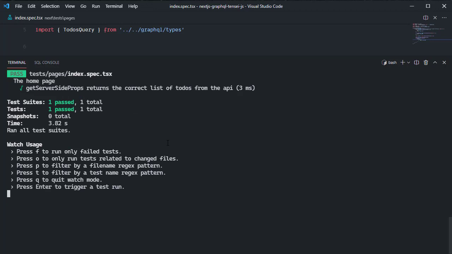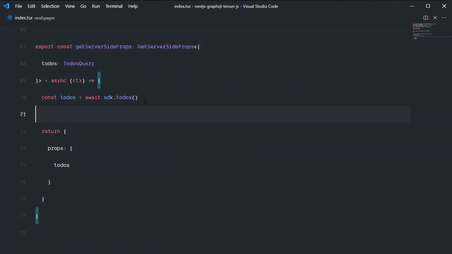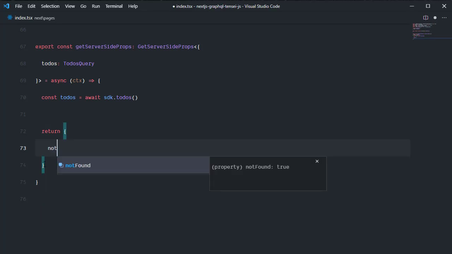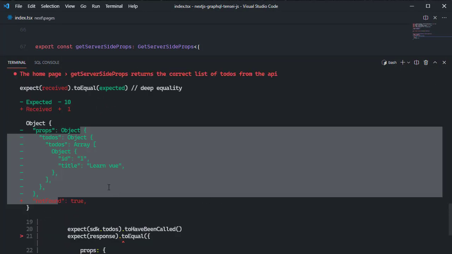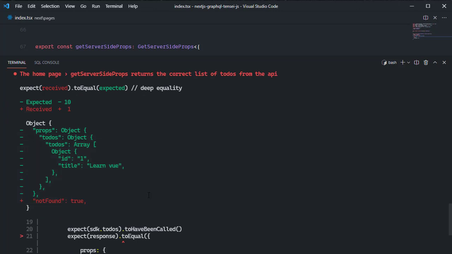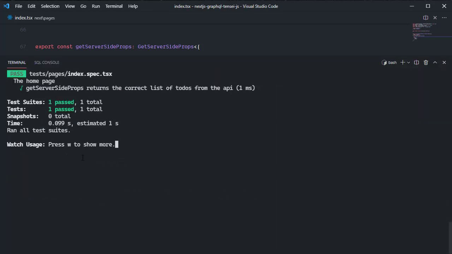And this is good because the test is passing, but you have to make sure that your test is passing for the right reasons. Let's say, for example, this function is not returning the right thing and is actually returning a notFound. If you run the test, you would notice that it fails, because now the props are not being returned correctly. Okay, so you just want to change something, make sure that your tests are actually passing for the right reasons and there are no hidden or